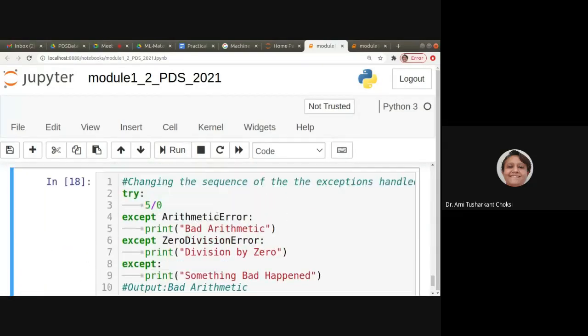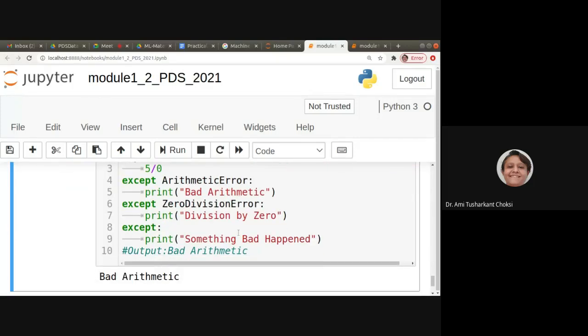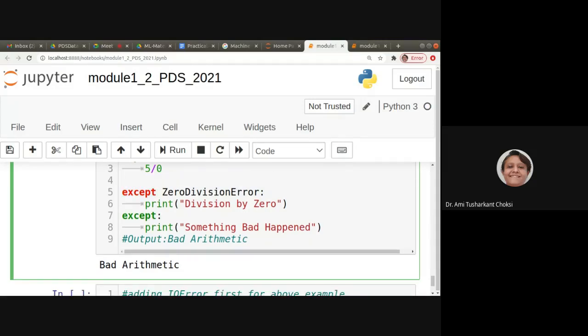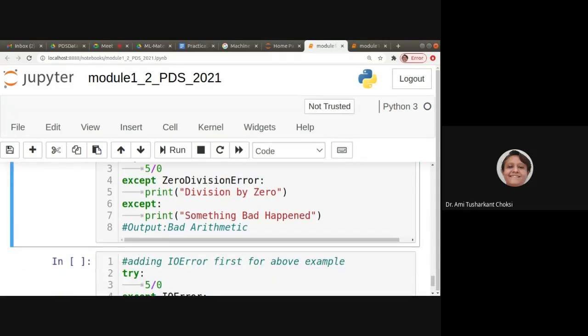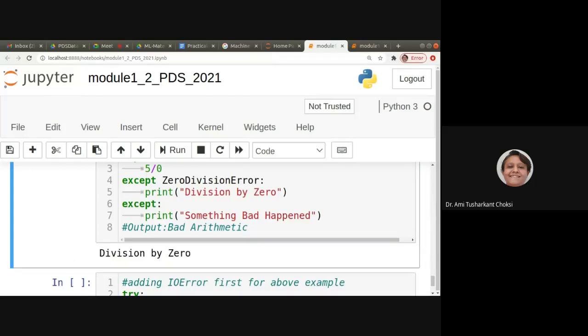Bad arithmetic it has said, right? So it has handled the error, or you can say exception, that is arithmetic error. If we do not have this, let me just remove this. What will happen? Let me run this. Now it is division by 0.